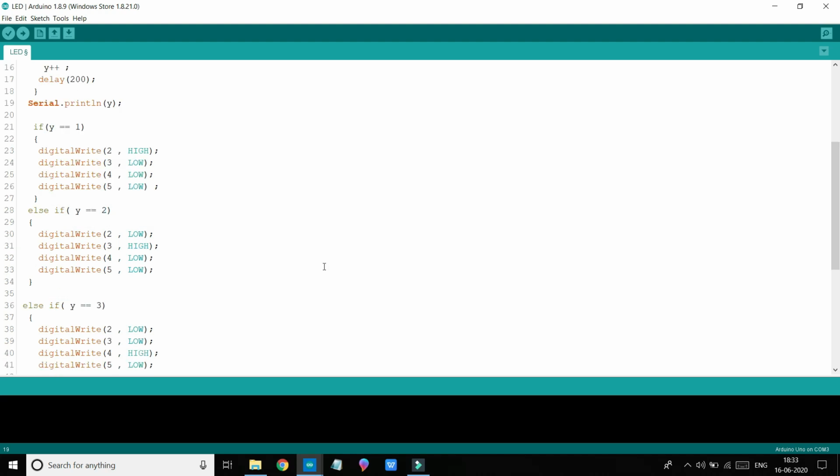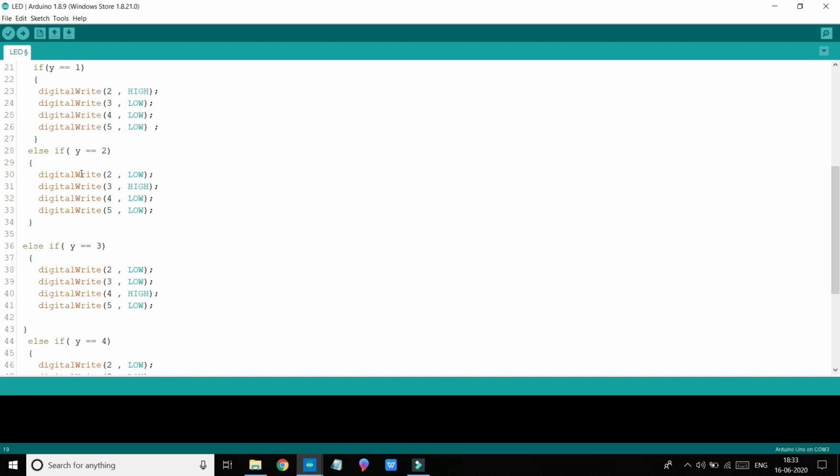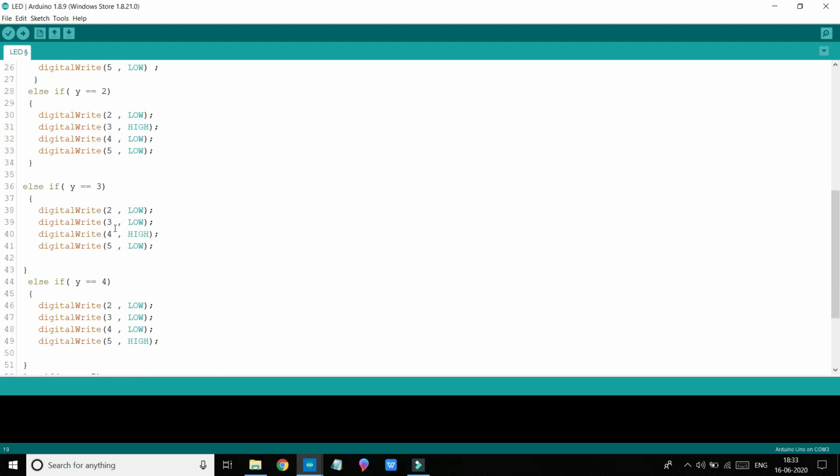After that I have used if and else if conditions to turn on LEDs at every count and turn off rest LEDs. Now here you can see that when y is 1, pin 2 is high and rest pins are low. Similarly, when y is 2, pin 3 is high. When y is 3, pin 4 is high.